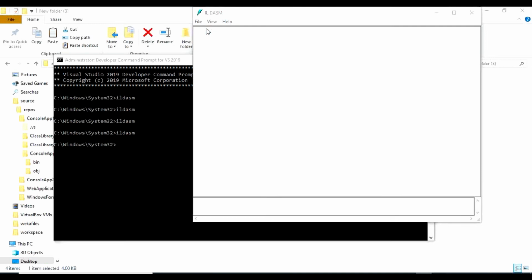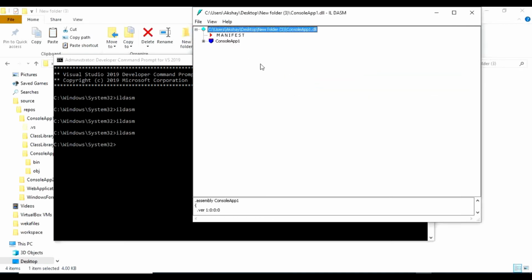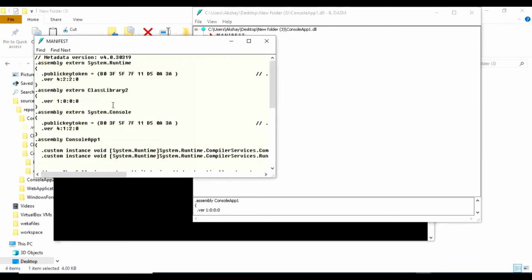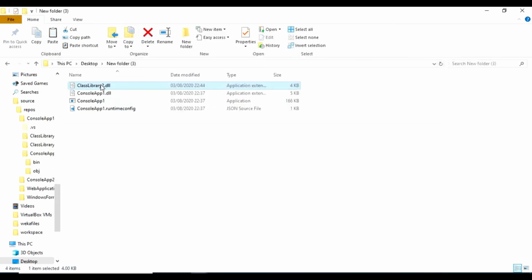Open console app 1.dll. In this manifest file, console app 1 is still dependent on class library 2 having version 1.0.0. But although we just pasted this file here with assembly version 2.0.0, if I run this, it will still work.